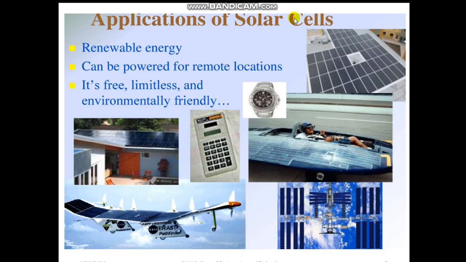These are the various applications of solar cells. It is one of the forms of renewable energy, used in household appliances and spacecraft. Solar panels are used to generate energy. In calculators solar panels are used, in watches it is used, and in industries solar cells are used. In vehicles we can also use solar cells to generate power, and in spacecraft we can use solar cells in order to generate power. So this is a very small introduction about solar cells.